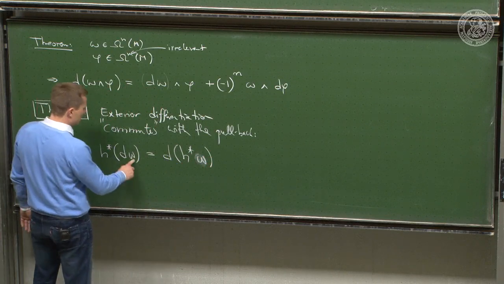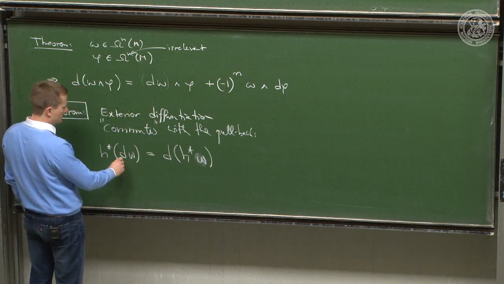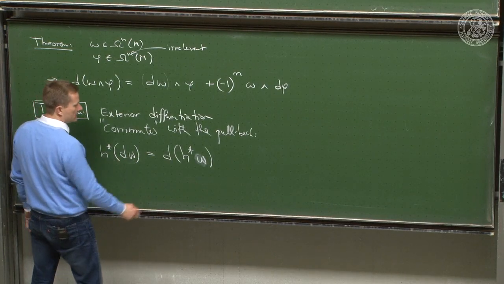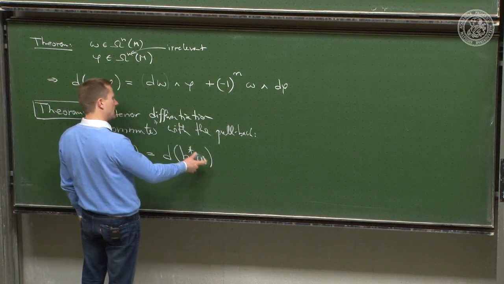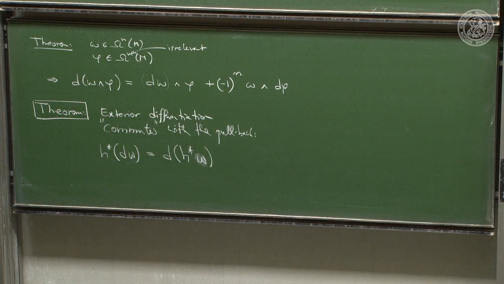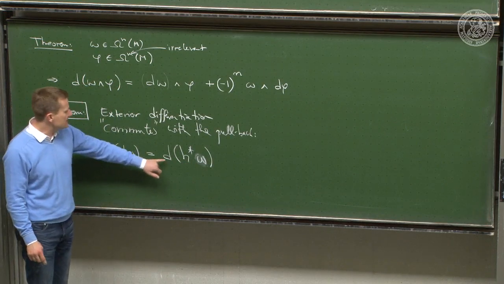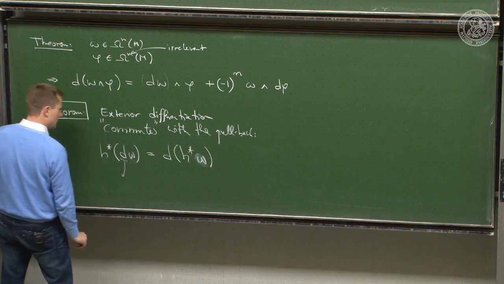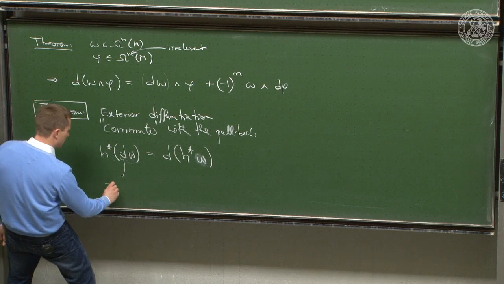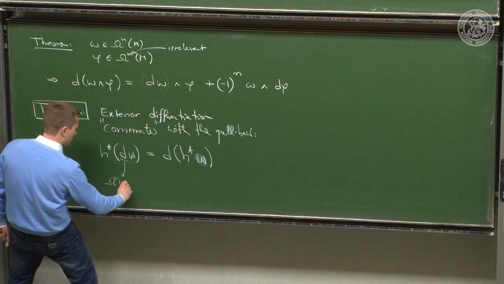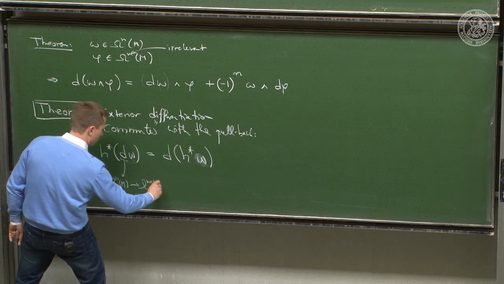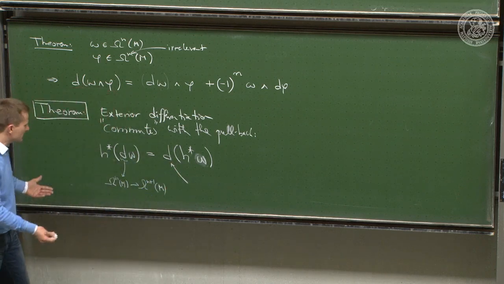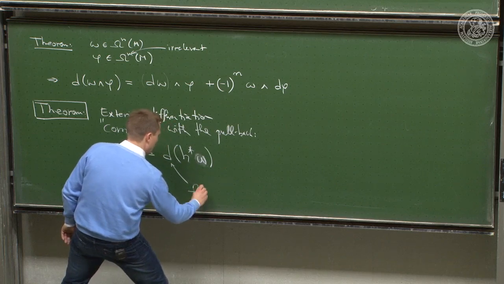So, obviously, if this is an n form, then this is an n plus 1 form. So this is the pullback of an n plus 1 form, whereas this is the pullback of an n form, and it only becomes an n plus 1 form afterwards. So in a sense, these are different d's. This d here takes an n form and makes it an n plus 1 form. That's what we did all the time, right? And this d here, well, it's the same d, but it's the d acting on a